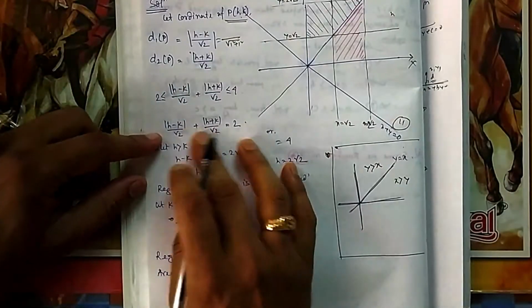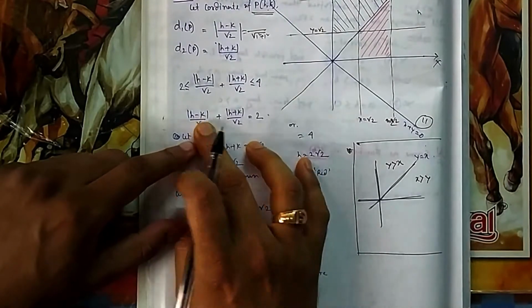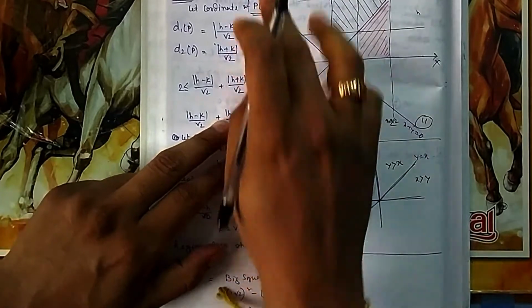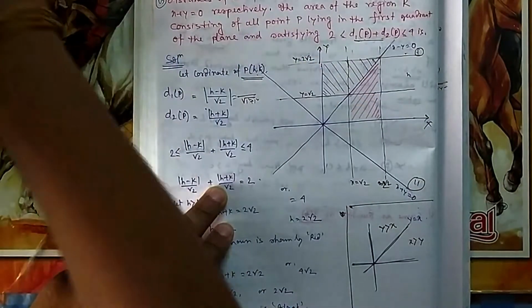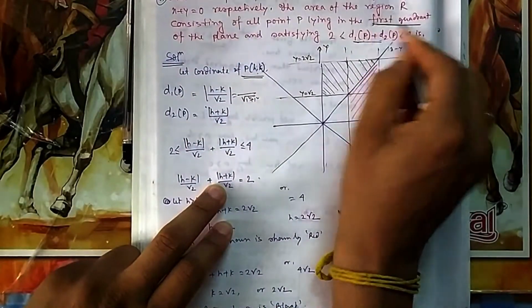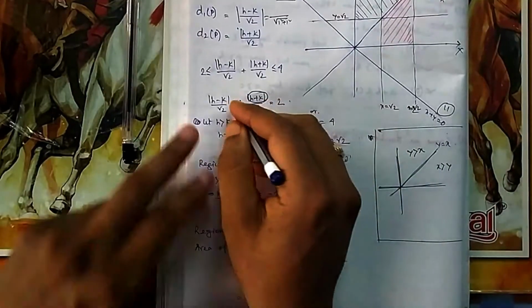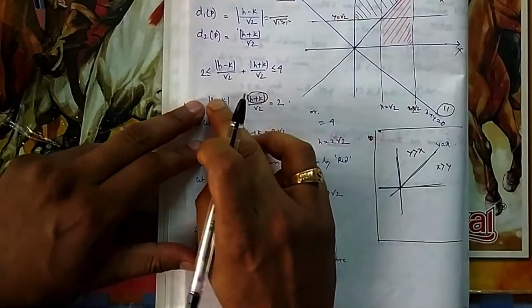Now, so this is the condition, h plus k. One condition can be h greater than k. Because this is in the first quadrant, there is no need of the mod, because they are saying it in the first quadrant only. So h and k both will be positive. If both are positive, then the sum is always positive, so there is no need of the mod. This mod you can remove. To remove this mod, we have to see when this is positive.